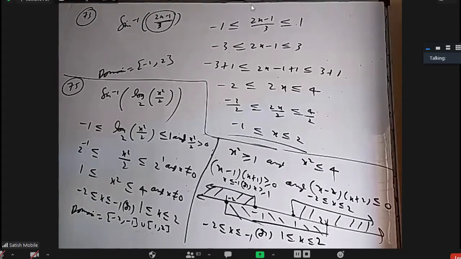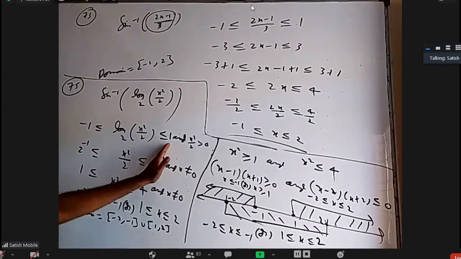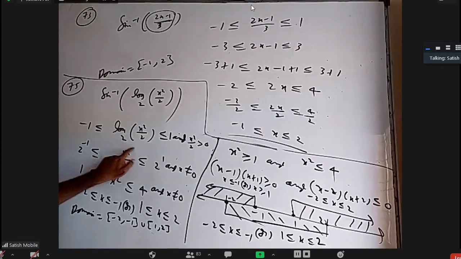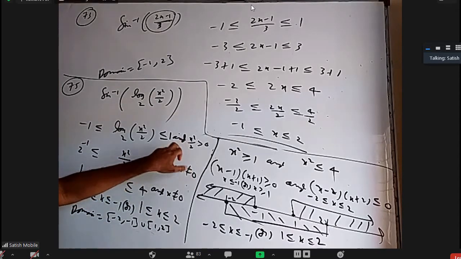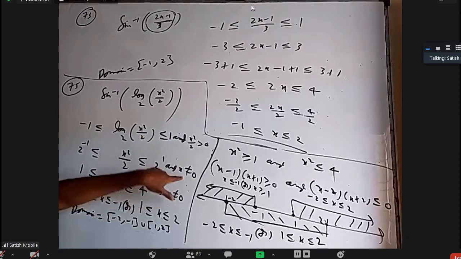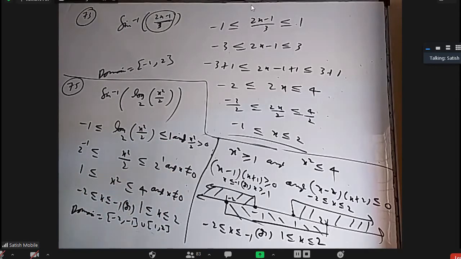Okay. So 75, please try to understand. First, sine inverse of something should be between minus 1 to 1. Next, how to remove this log? I have to write 2 power this number here, 2 power this number here. That is this step. Then from here to here, I multiplied with 2. And this should be always positive for log to be defined. And x square is always positive except for one number where it is 0. That is not coming in our solution, so not an issue.